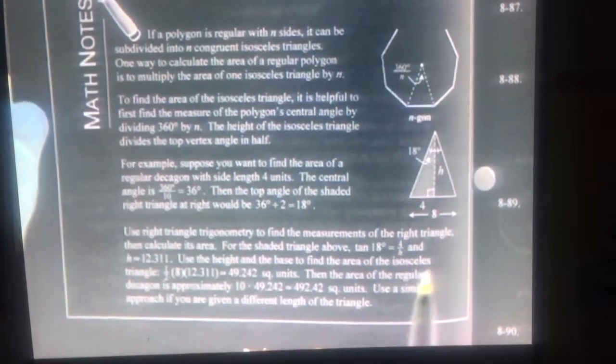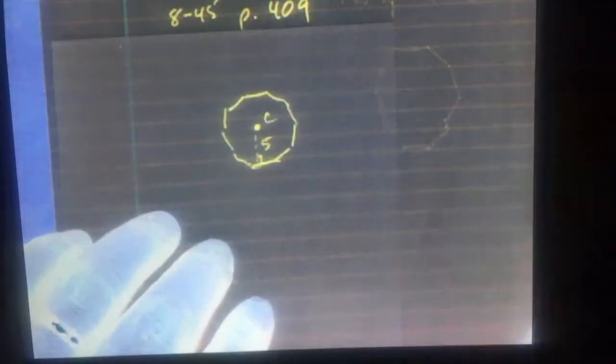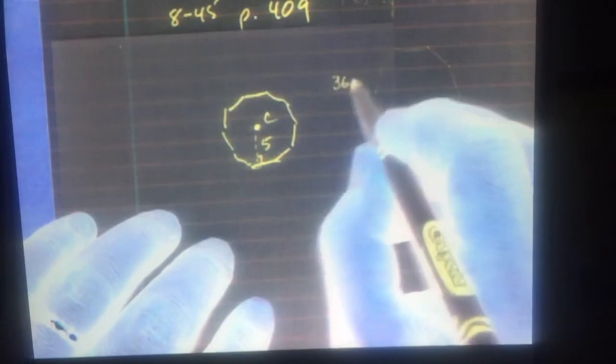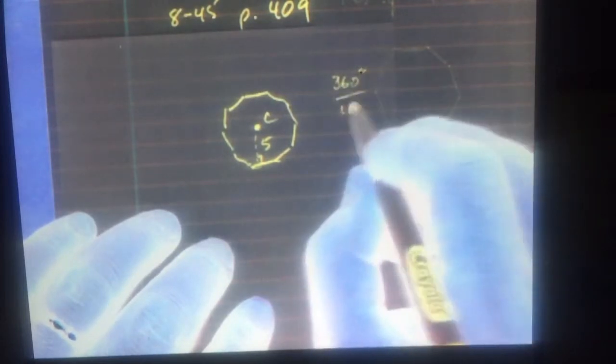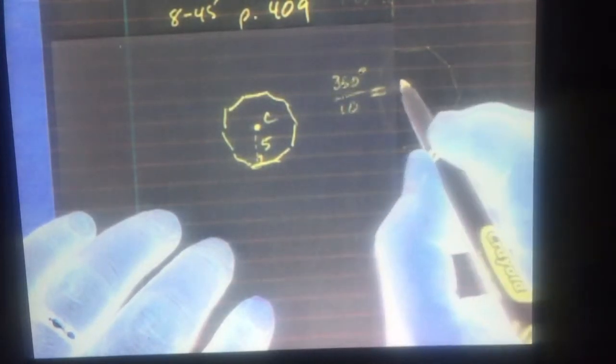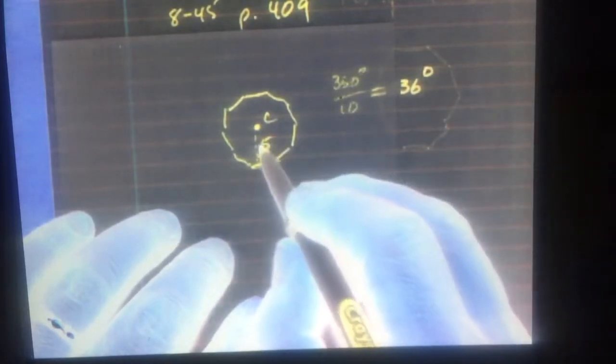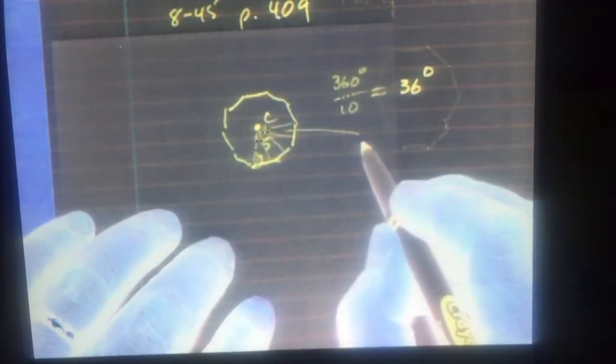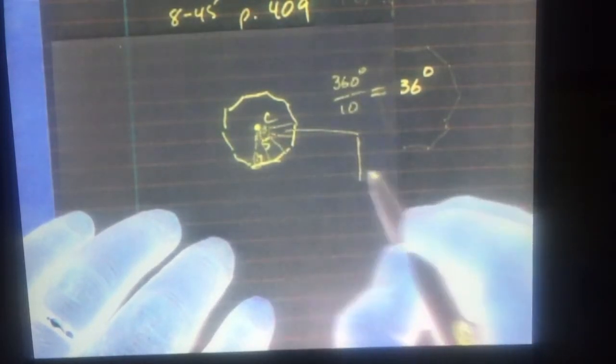So let's go to the problem at hand that was on the homework. We've already drawn it on a piece of paper. How many sides? It's got 10 sides, I believe. And here's how it works, just like what we just saw. First of all, 360 degrees divided by 10 equals 36 degrees. So each one of these triangles, as we create all these little triangles, I'm just going to sketch it out. If we take one of those triangles,